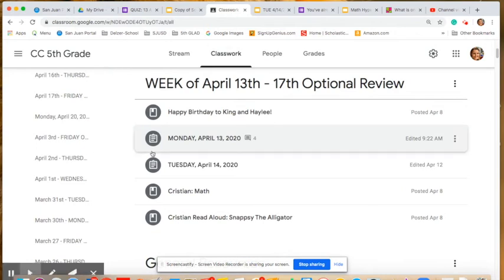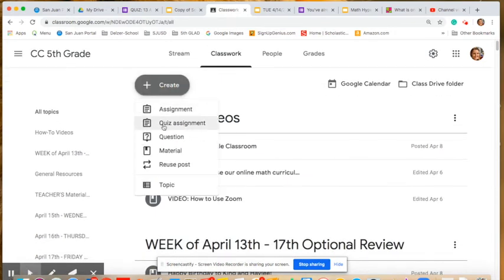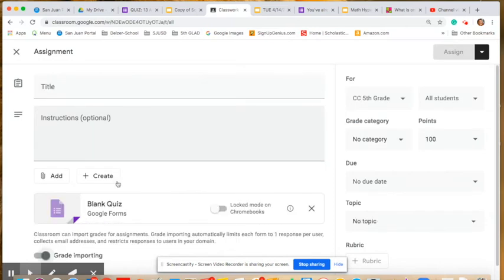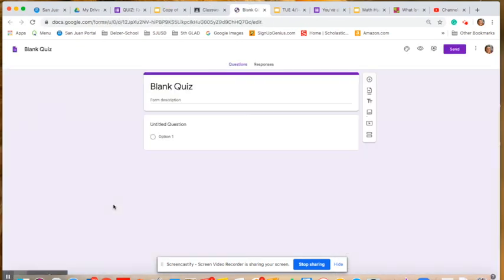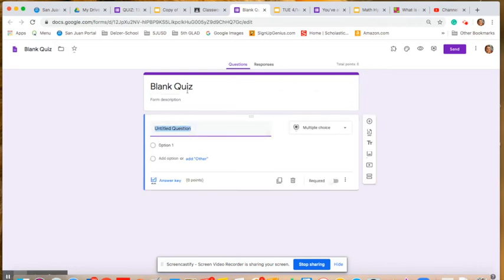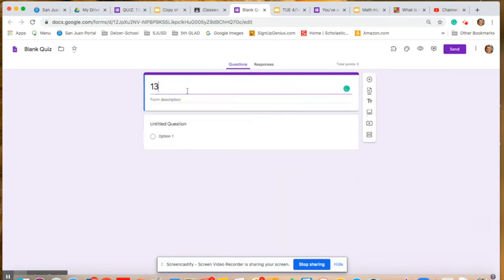Another option is straight from Google Classroom, you can create a quiz assignment. And in that quiz assignment, it will automatically create this blank quiz for you. Once you give it your title, your description, decide how many points it's worth, when it's due, all that good stuff, you just click on the word blank quiz and do exactly what I just did for you the last time. So let's say this again is about the 13 American colonies, and you'd create your quiz from here. That way, when you're done, since it automatically saves, when you go back to your class quiz assignment, it'll be there for you,